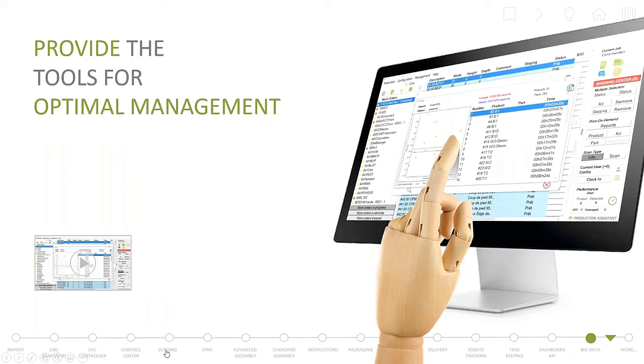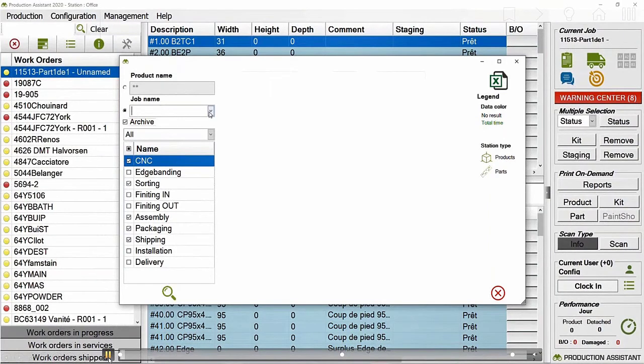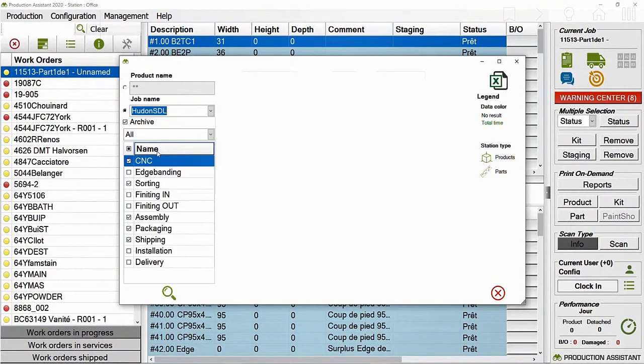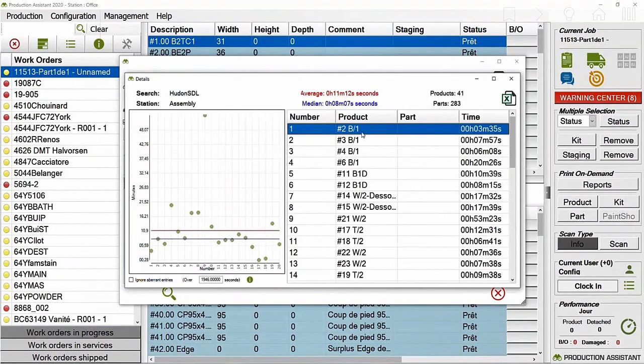We also have what we call big data. Big data is a really interesting tool now, where you can go in and ask questions about your database. We had customers who said, I wanted to know how much of that product I did last year. Now you can go into your database, specify a product name, and say, I want to know how many drawer cabinets I did last year. So you can type in drawer cabinets and specify last year, and automatically the system will show you